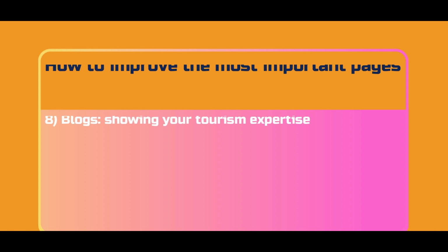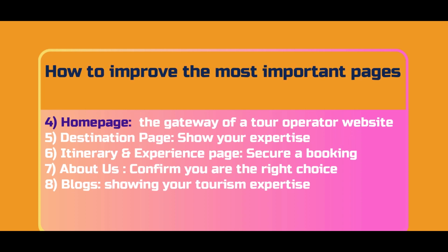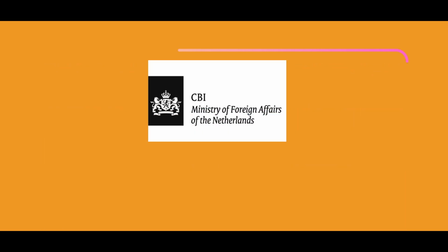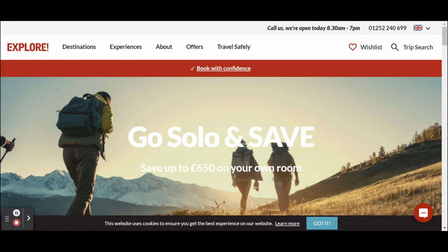How do I create a successful tourism website? This section is about how you can make your homepage a true gateway of all you have to offer. In your homepage and actually in all the templates, the same kind of elements that you're using in your content